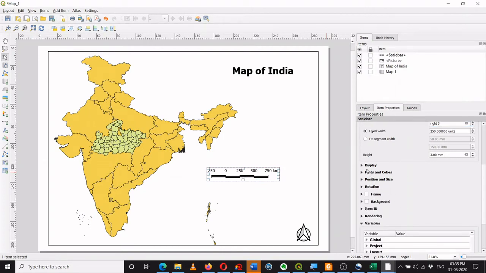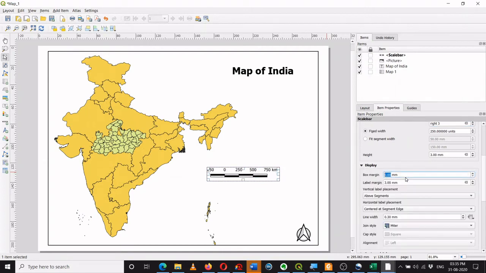Then there are several options over here which are about the margins, label margin, box margin. I can increase the margin, so I can bring it to the center. The label margin, I can change it. I can change the vertical label placement, above segment or below segment.